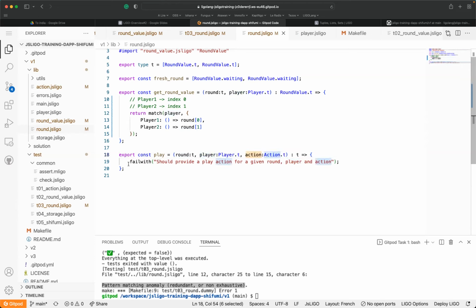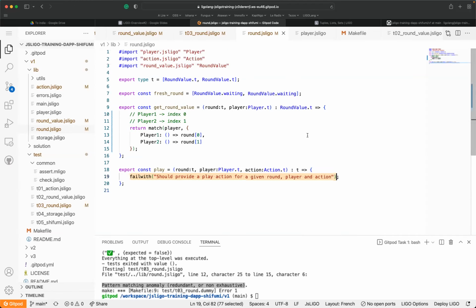So once again, I would like to write the play action using the play we already defined in the round value. Okay, so this is just right now which player is going to play and what action has been selected. Sorry for my English. Which action you would like to play right now?